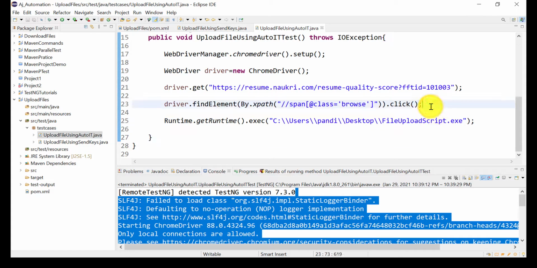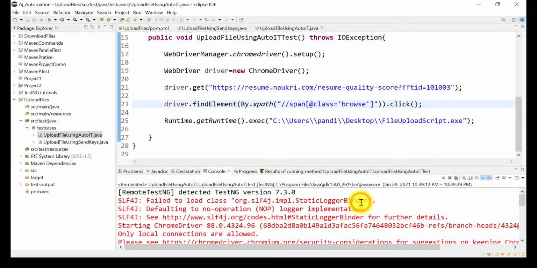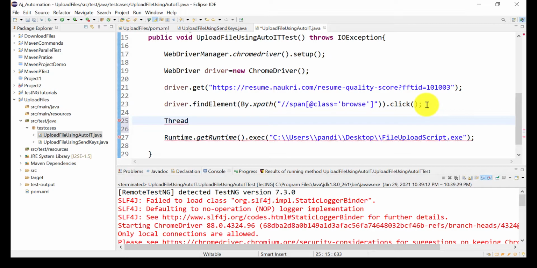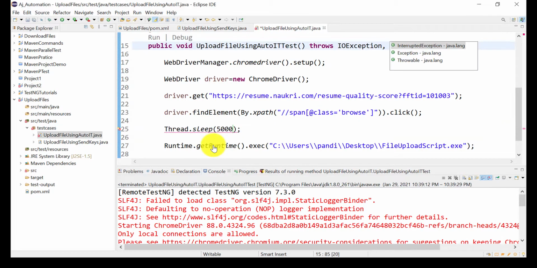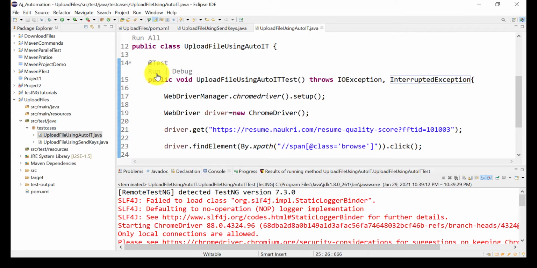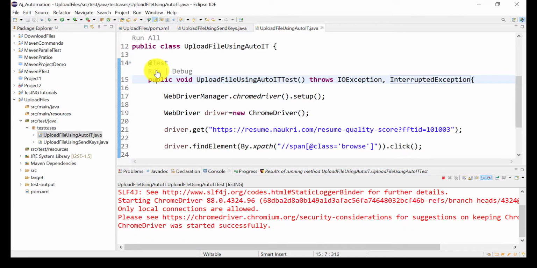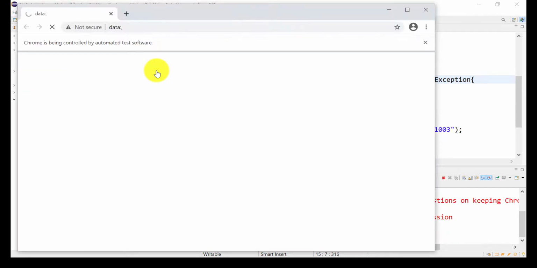It should work. Let me use some Thread.sleep here. Let me run it, or otherwise we need to inspect. It's not able to find that file name field on the browse pop-up. That is the issue, I guess.